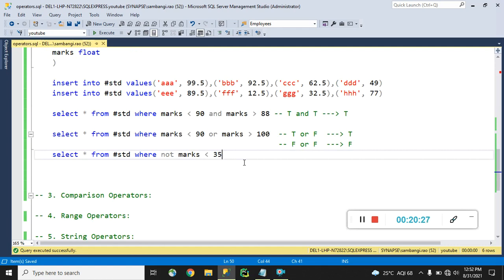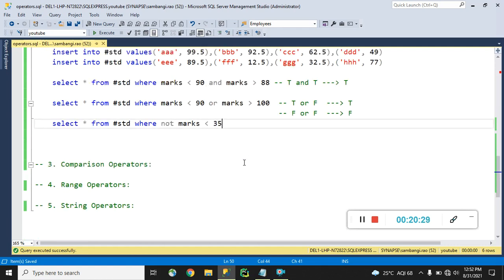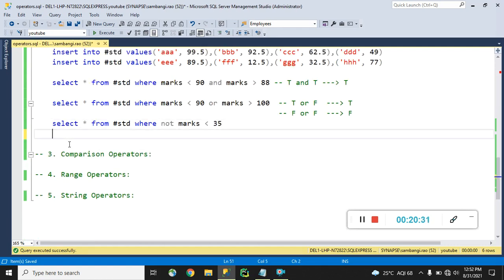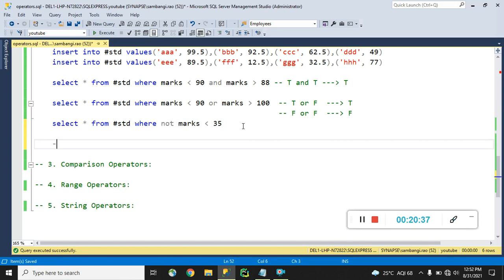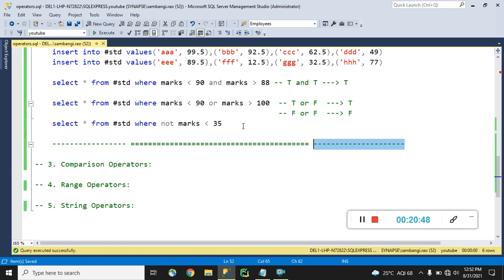We can stop this session here, and I will cover comparison operators in the next session. Actually, I can continue this session.